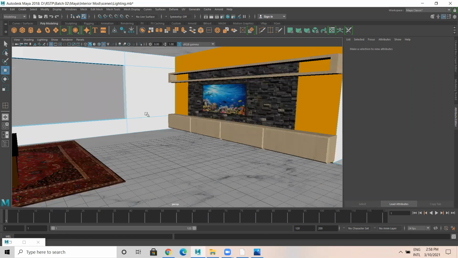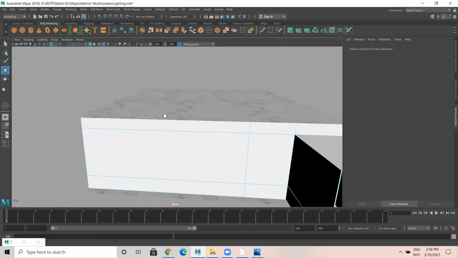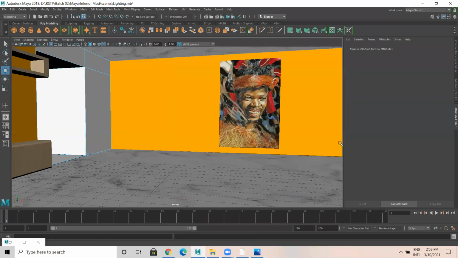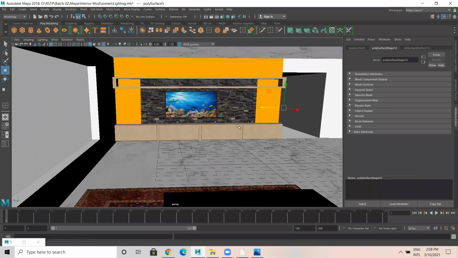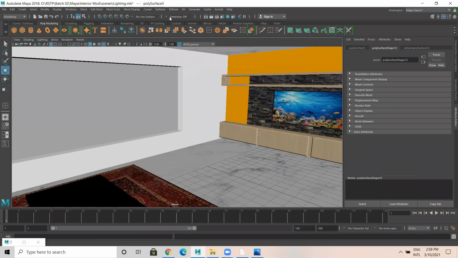So this is a window part. It's a very large window, very big window. Size is good. Here you can have something, let's say.